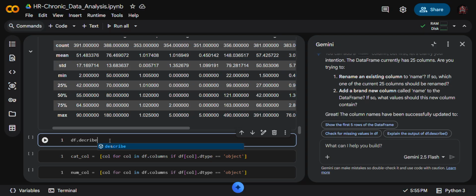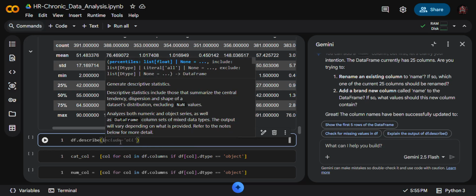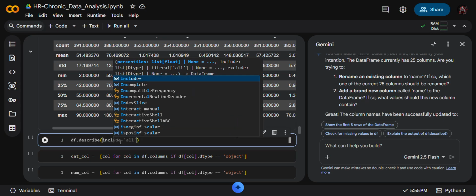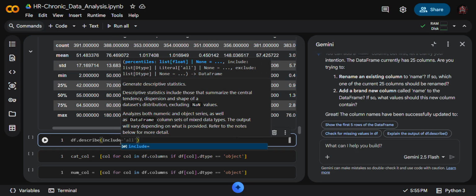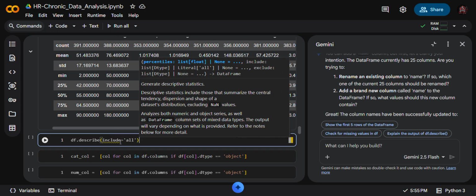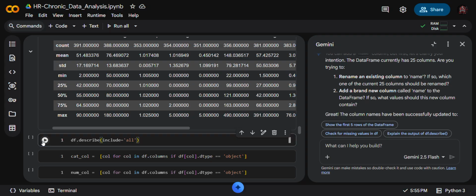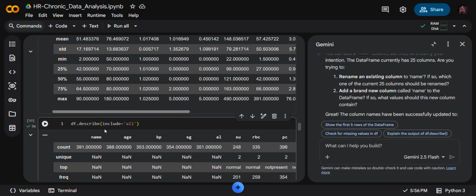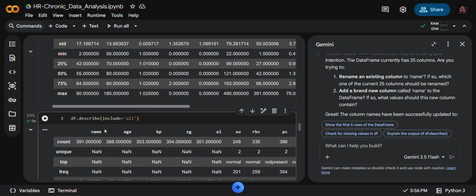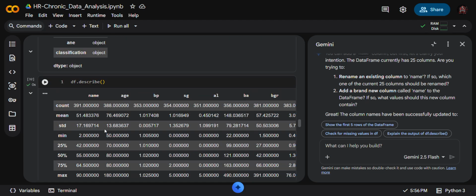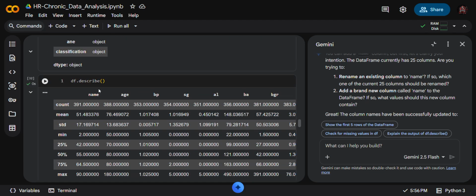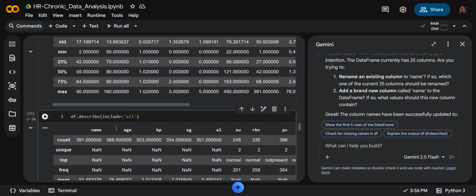Describe. Include, and that is the command. You can see I've written two commands, that is df.describe and df.describe include all.